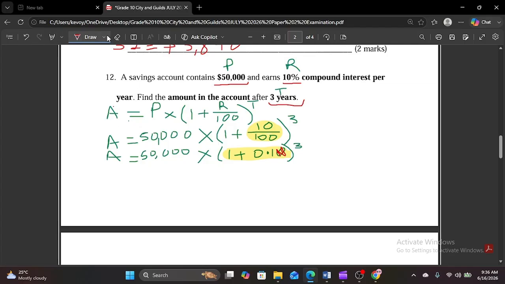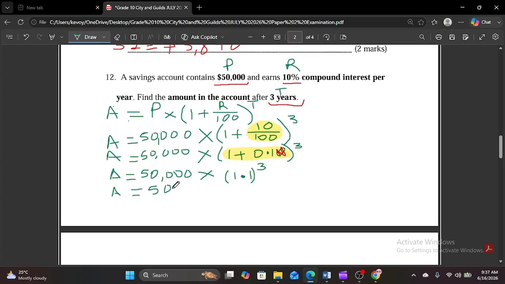All right, so let's just continue working below. So I'm going to have A is equal to 50,000 times 1 plus 0.1, that's going to be 1.1 raised to the power of 3. Because it's raised to the power of 3, it simply means that we're going to have A is equal to